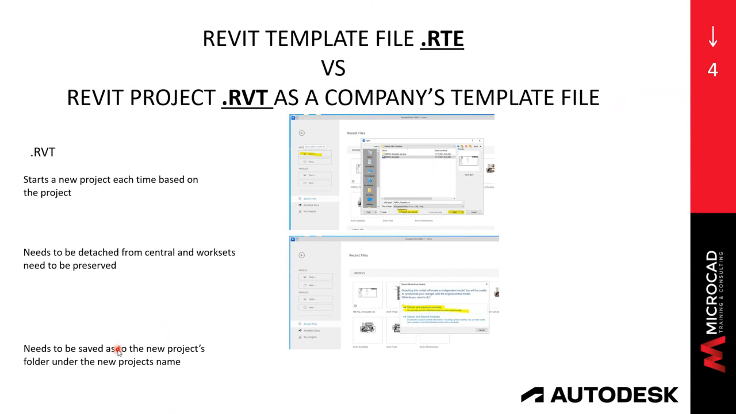If you are an MEP or a structural firm, you need to create your template file in an older release of Revit, because you don't know what your architectural client is going to send you as for backgrounds. And we all just need to remember that Revit is not backwards compatible. Okay? So once that definition has been made,